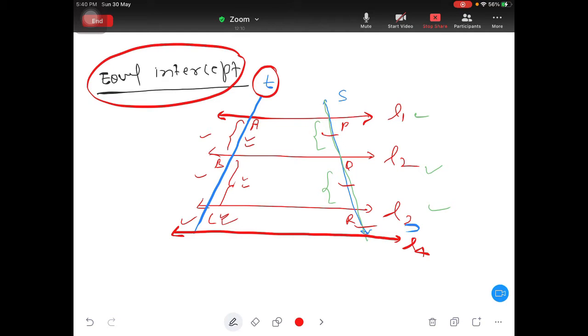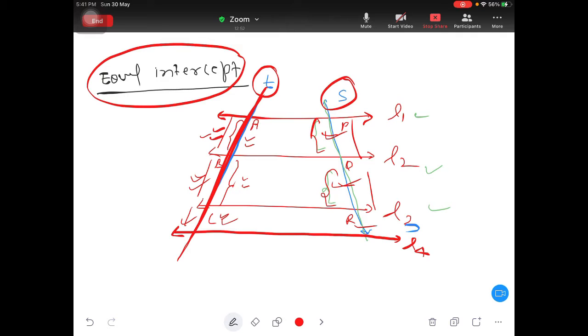Okay, so this is the theorem. This intercept and this one are the same, so they will also be the same. So the complete theory is like this: three parallel lines make equal intercepts on one transversal, this is your first transversal. On this transversal, if these two are the same, they make equal intercepts on the other transversal as well. Sorry, the transversal is only one, S. So this intercept and this intercept.